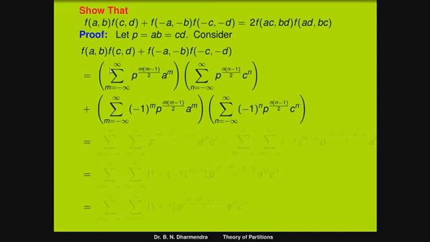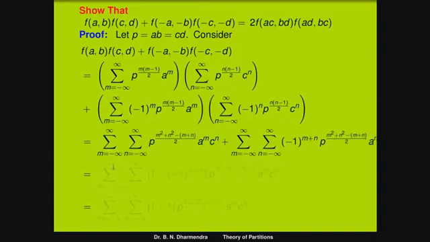So in this, for the first term, we multiply the product of the series, both running from minus infinity to plus infinity, and the remaining we club the terms of the power of p, and also the terms a to the power m and c to the power n. So the term can be written as the first summation running from minus infinity to plus infinity, and the second, n running from minus infinity to plus infinity, of p to the power of the terms of m, and here the denominator term is 2, that is, divided by 2.